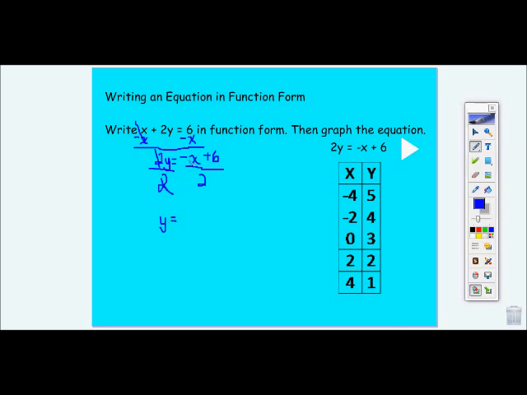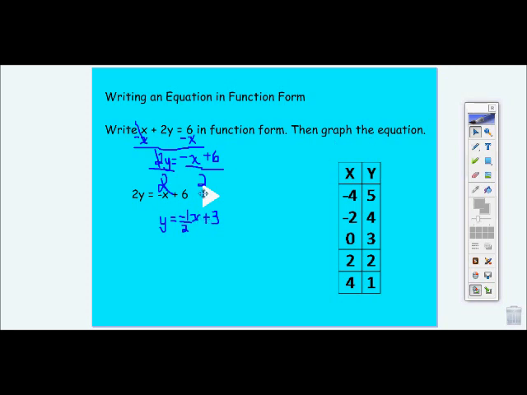Now, what am I going to do here? I have a negative x divided by 2. X does not have a coefficient, so it's implied that it's a 1. So I actually have a negative 1/2 x plus, what's 6 divided by 2? Because remember, this is dividing this whole side by it. 6 divided by 2 is 3. That one's not quite as pretty as the one I typed, but we're going to go ahead